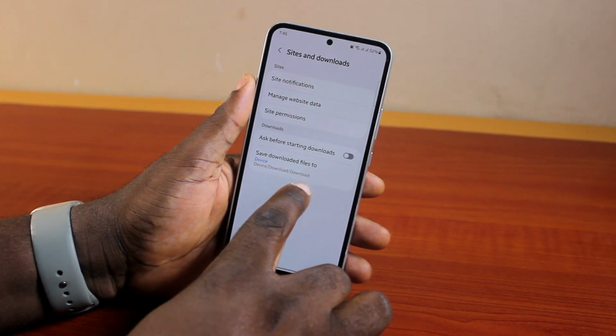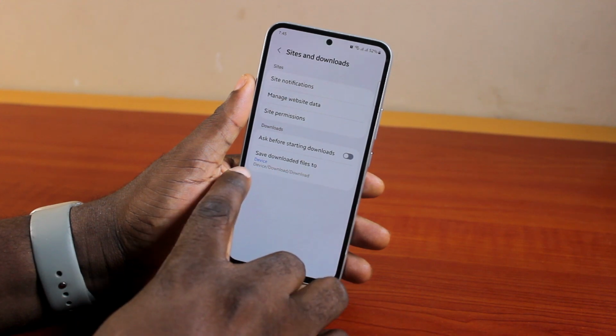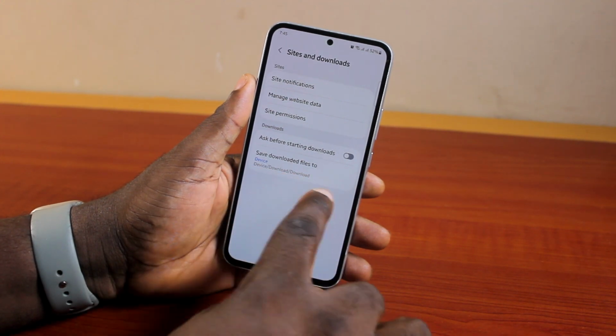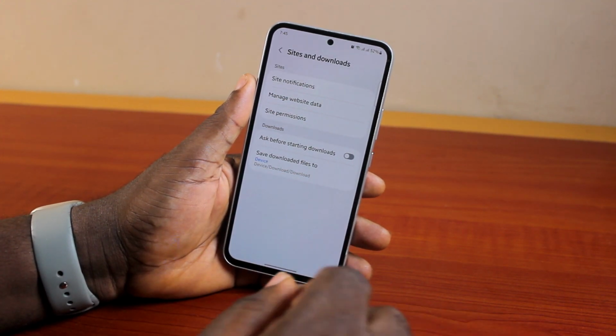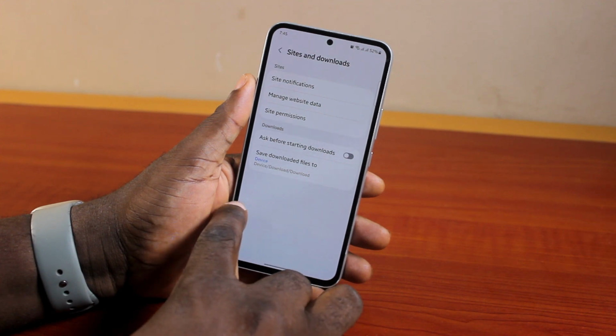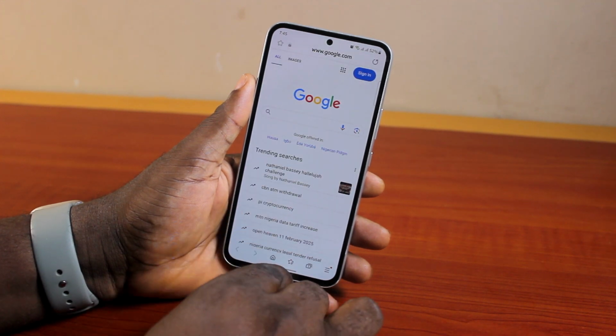So whenever you download any files on your Samsung Galaxy phone, then the file will be saved to this directory. You see that? So that is basically how to change download file location or folder on your Samsung Galaxy phone on the